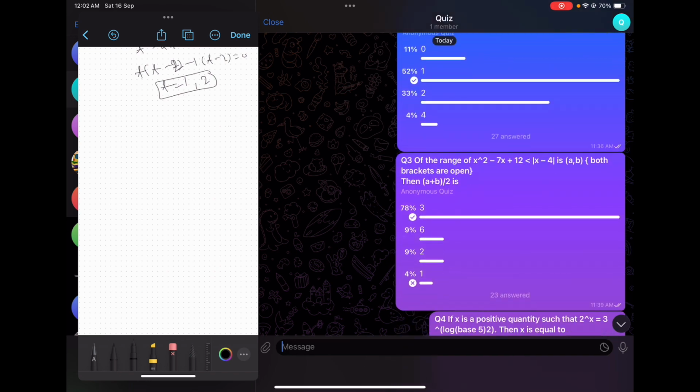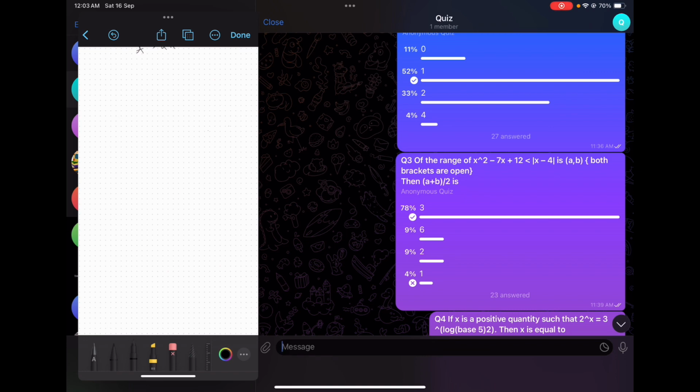Question number 3. The range of x square minus 7x plus... this was a good one. Actually the question was very simple, straightforward. The identities, what to say, that range was given, but I changed this question by writing it in this A, B form and then checking, because in that you could have easily put an option and the purpose would have been defeated. So I changed the pattern of that question and I made it like this.